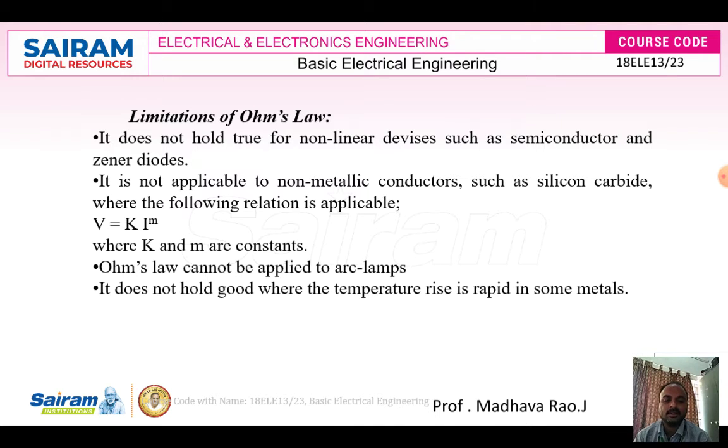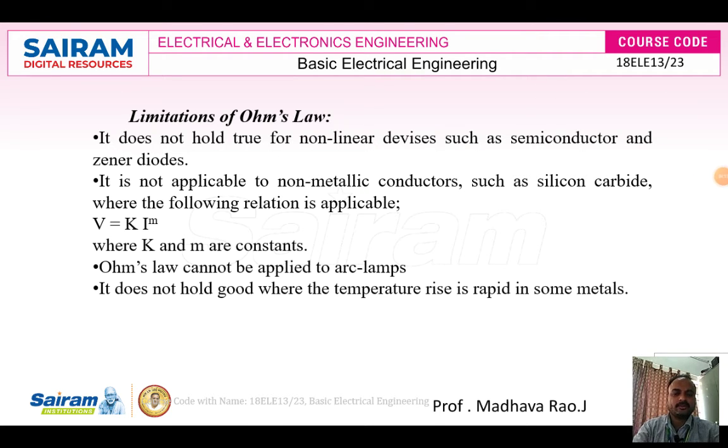That's why in the Ohm's law statement itself we have to write at constant temperature: current through the conductor is directly proportional to potential difference between two ends of the conductor, so V is proportional to I, and inversely proportional to resistance. Those things you have to explain. Next, limitations: these 4 points you have to write. This is a very important question. Generally they will ask for 6 marks. The statement belongs to 2 marks and limitations belongs to 4 marks. This is the most expected question for your examinations.